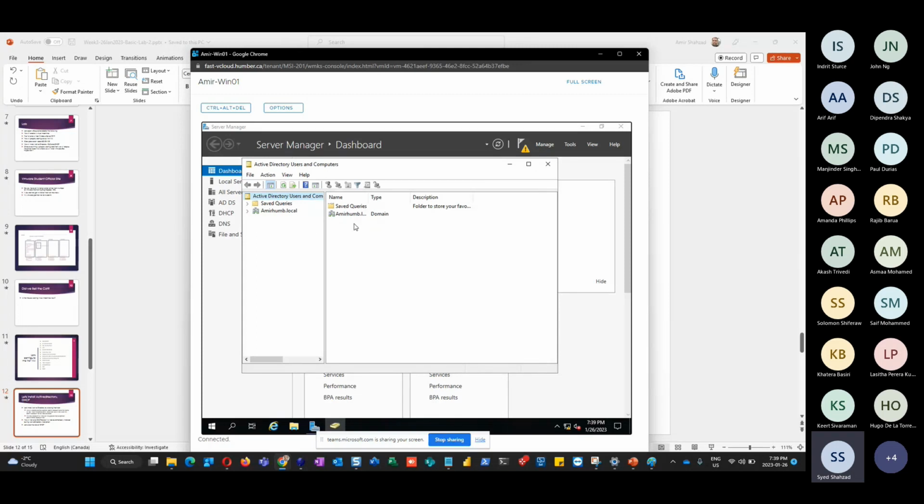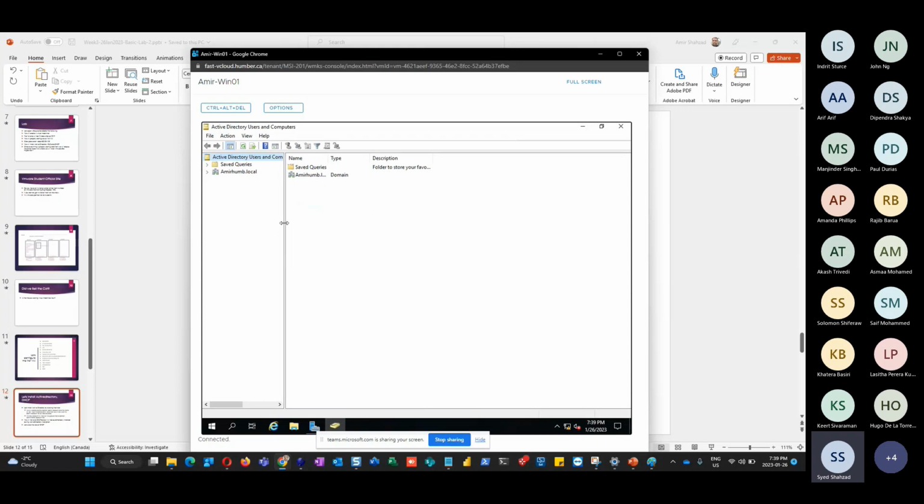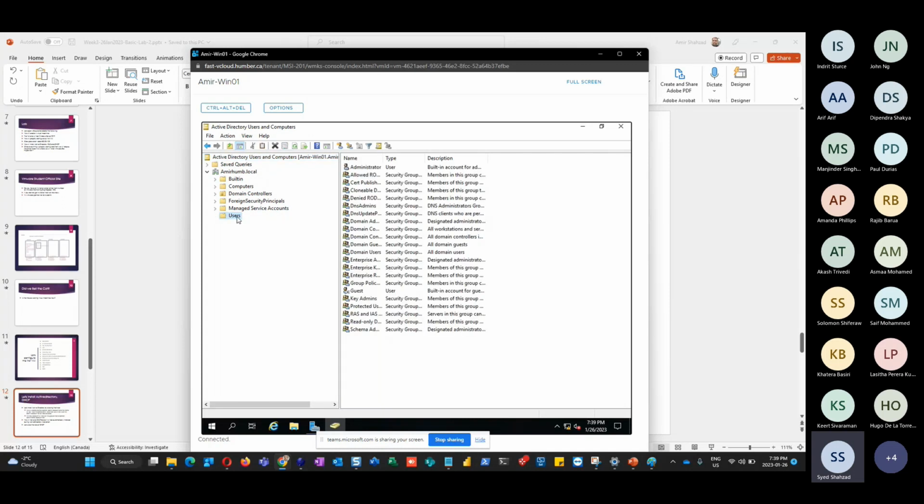Once it opens, it looks like this. I'm going to expand that, and then I'm going to expand this. See, you can see the domain name that we gave. So expand that, like this. And I think we all see the Users yellow folder here. So I'm going to click the Users yellow folder. Once you click it, on the right side, you see the most powerful account in a Microsoft environment. So I'm just going to drag this column a bit wider so I can see, oh,